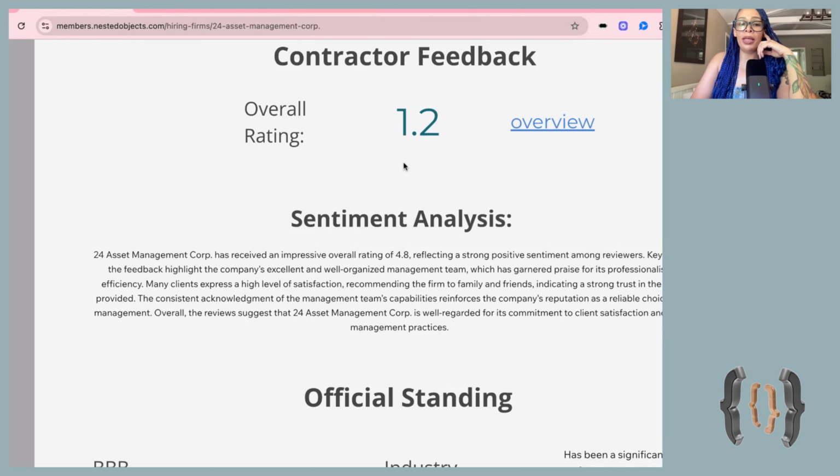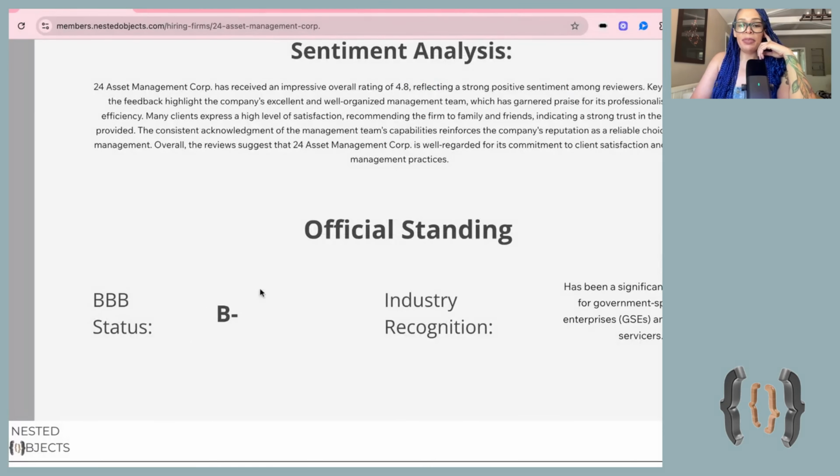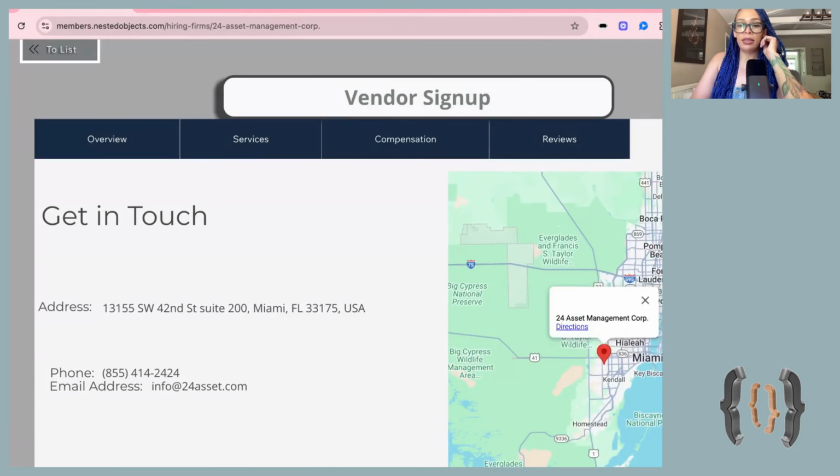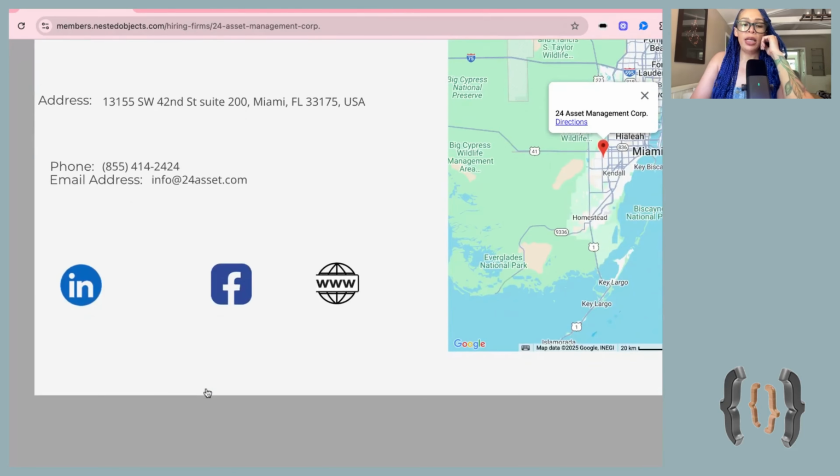So you may have a terrible review on Indeed but an overall consensus across all job boards, or vice versa, an overall consensus across all job boards but then a great review on Indeed. Then you have your Better Business Bureau status, and then contact: their address, phone number, email address,